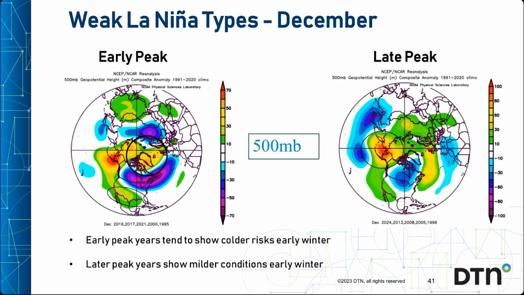There's a difference in pressure patterns around the northern hemisphere, depending on whether La Nina is early or late in the season. We're expecting an early peak this year, of course, and an early peak shows chances of high pressure building in December over or around Greenland and Iceland, which I've circled here. And that's a negative NAO pattern that can lead to cold outbreaks into Europe. Note on the right, with a late peak, there's lower pressure in the same place, and then an extended Azores high, and also high pressure shifting near Alaska. A positive NAO would be in place with less of a cold risk.